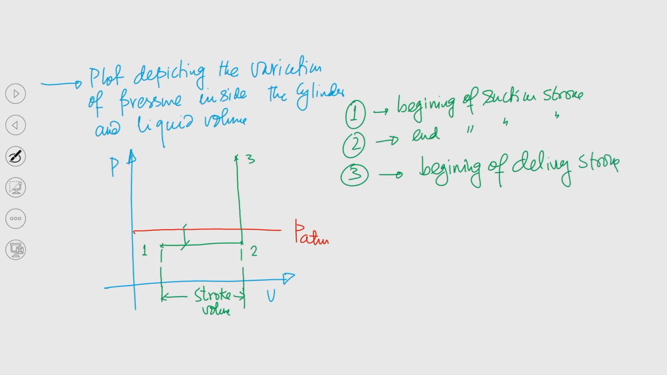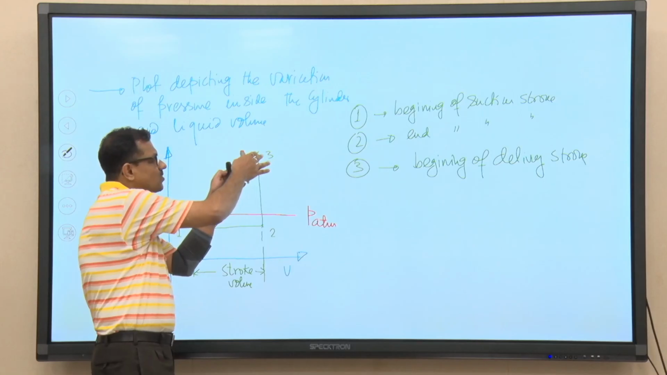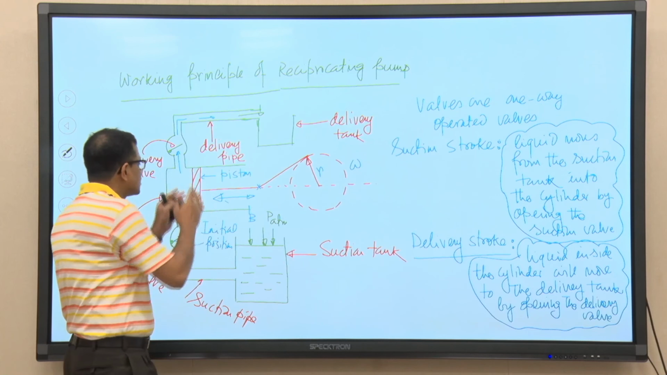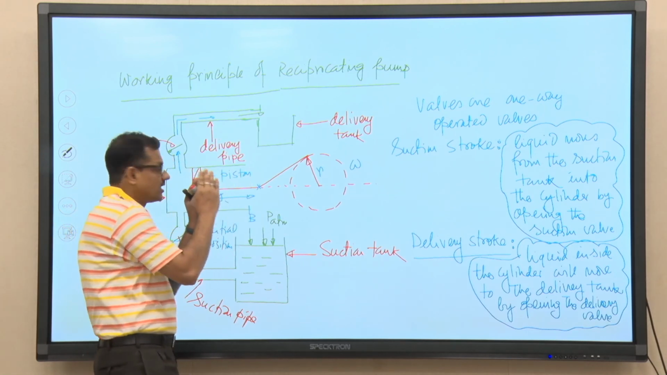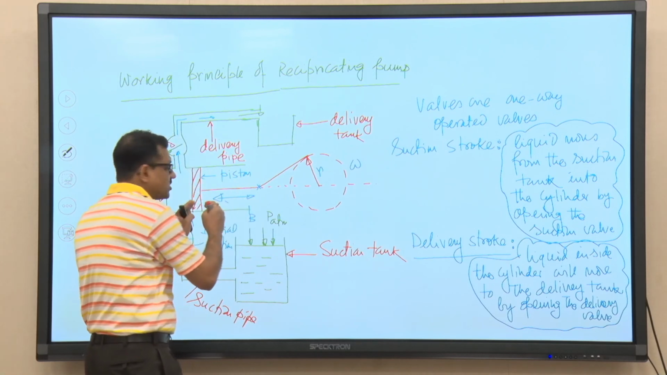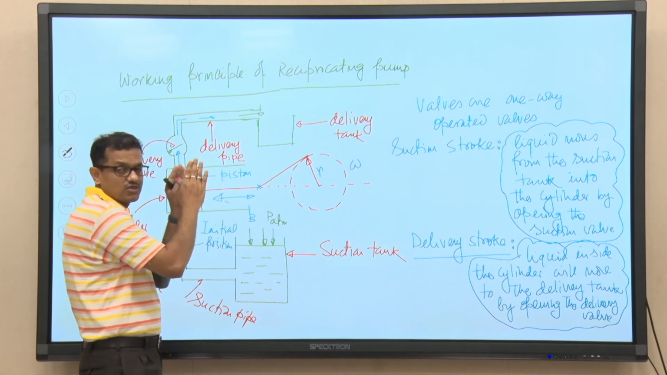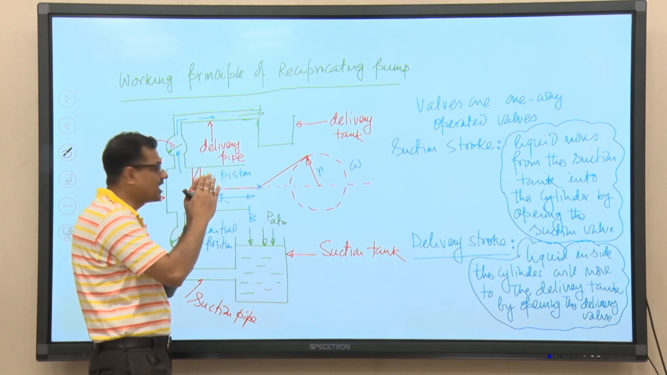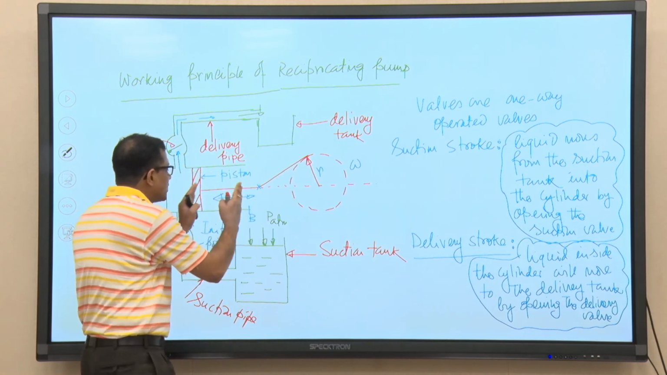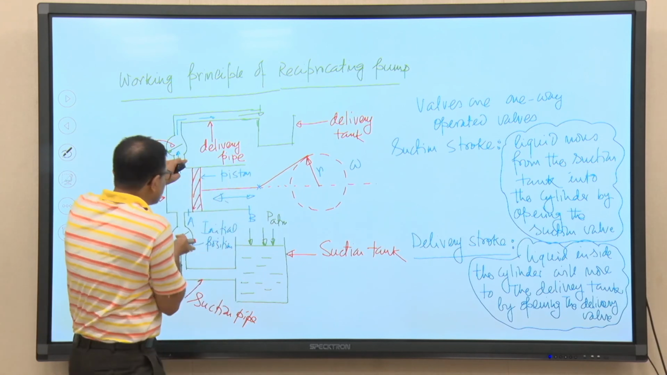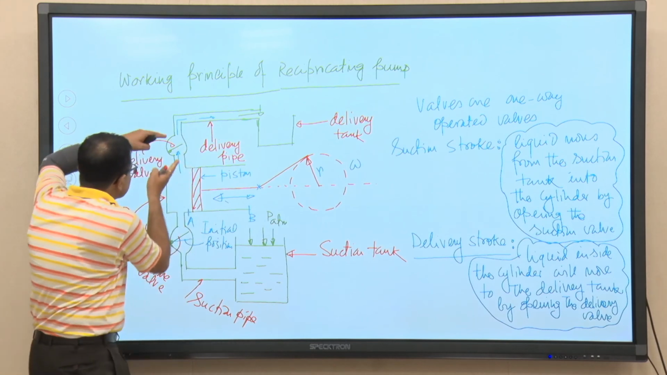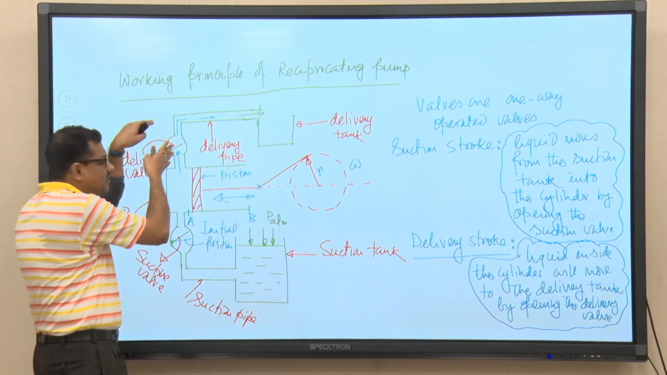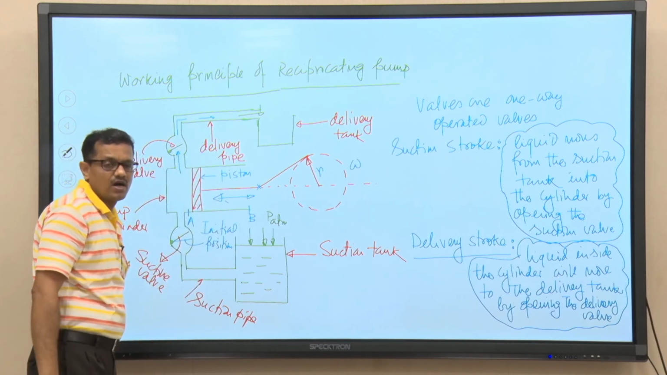So, you can understand that the actual beginning of the delivery stroke will start from 3. But as I told you, when the piston is trying to travel from position B to position A, both the valves are closed. So, liquid volume is remaining constant at that time, but this movement is continuous. So, it will create a thrust, and because volume is remaining constant, as I discussed, we need to create the pressure difference across the delivery valve,